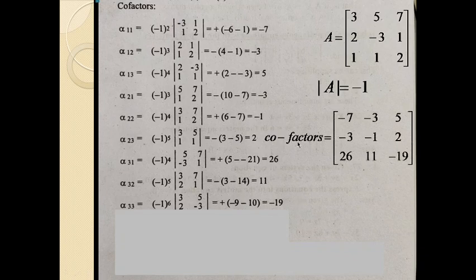So the cofactors of the elements will be written as minus 7 is on the base of 3. So here minus 7 is written. Next one, minus 3, it is computed on the base of 5. So minus 3 is written in the position where 5 is written. Next one, 5 is computed on the base of 7. See, here it is alpha 1, 3. Alpha 1, 3 means first row, third column. So position this particular number in that corresponding position.